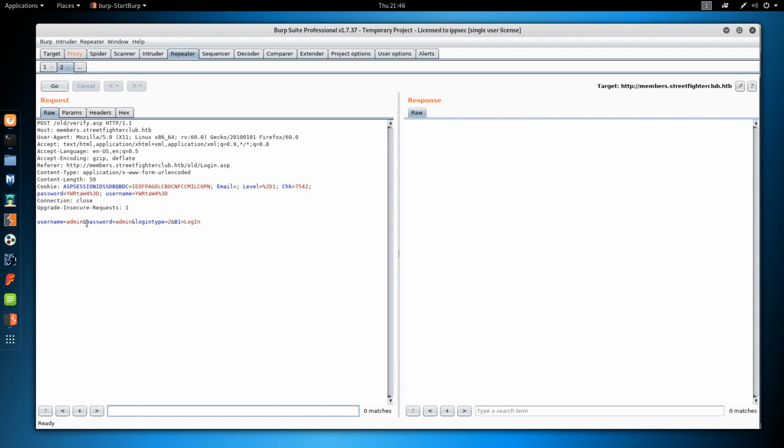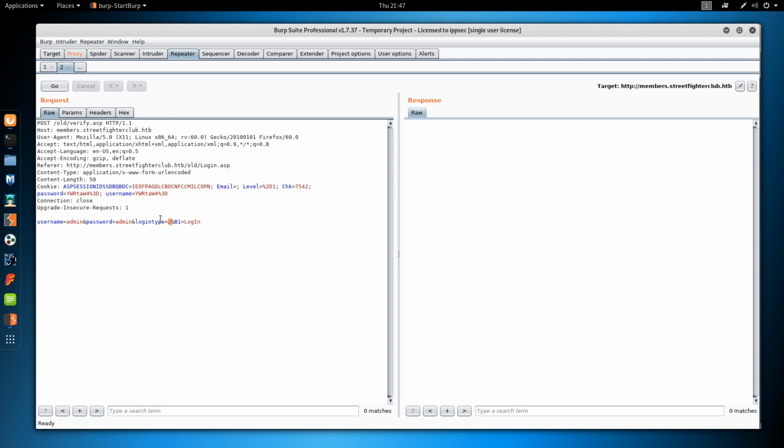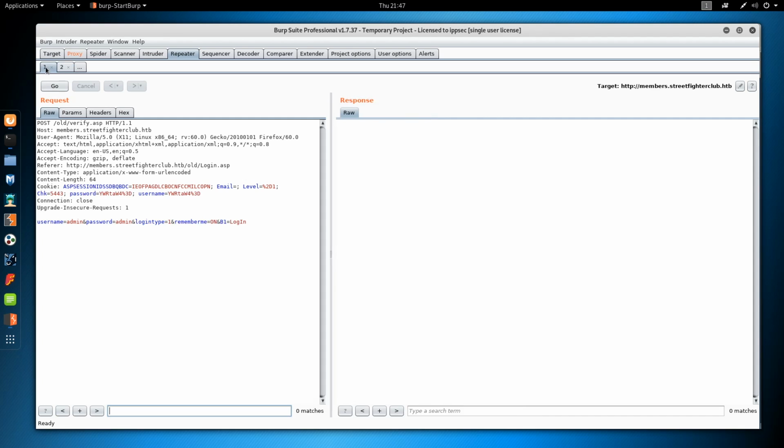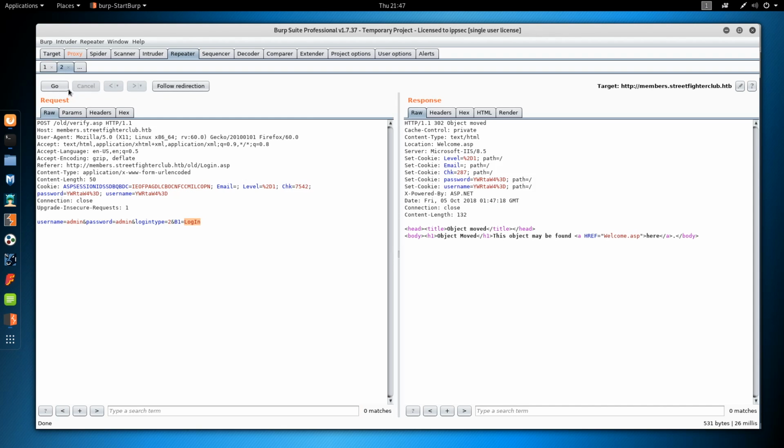So we have username admin, password admin, login type equals 2. And this was with user. So login type 2 is probably user, B1 equals login. Let's check this one. We have admin, login type 1, remember me is on, and B1 is login. So if we click go and click go here,